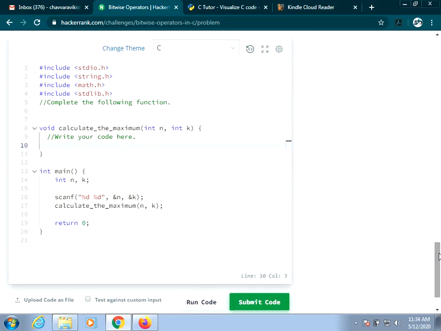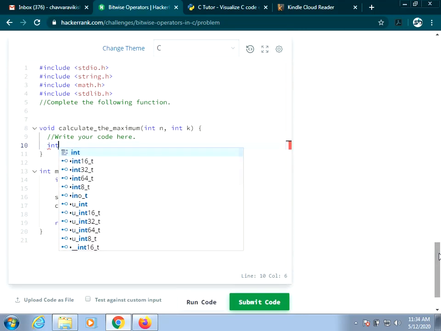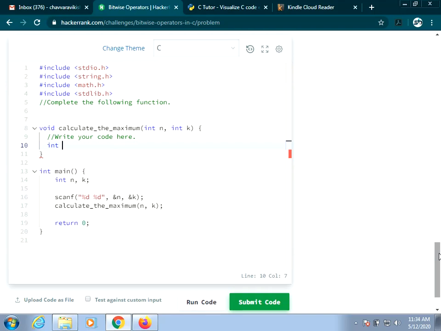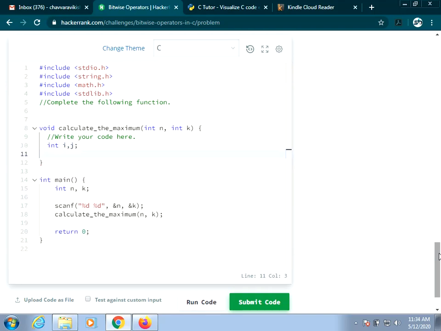So what you need to do is you have to find the maximum of whatever you perform. To perform that, we need looping variables i and j. After that, you will need to find the maximum of AND operation, maximum of OR operation, and maximum of exclusive OR operation.